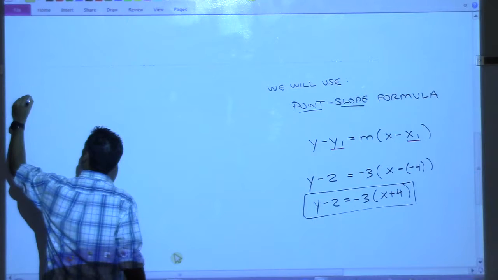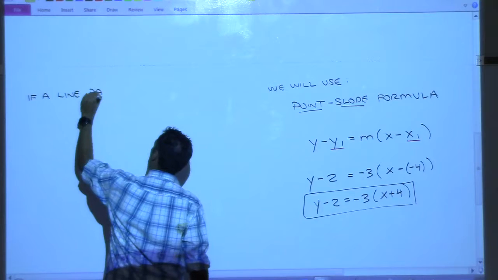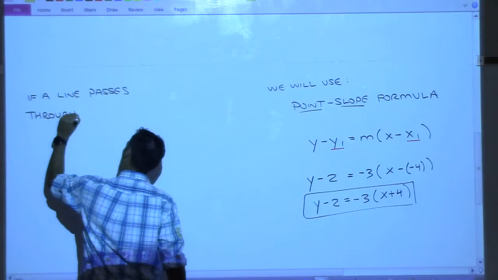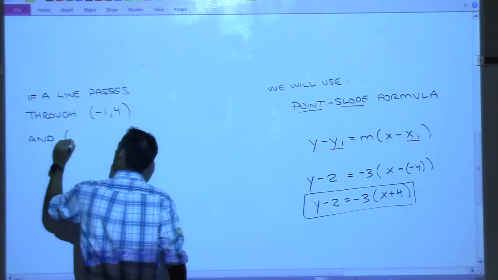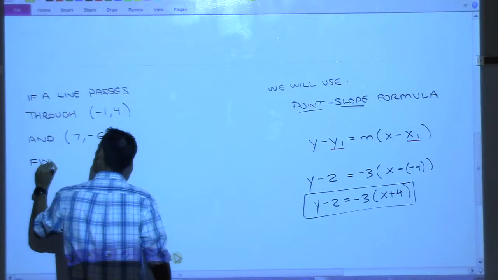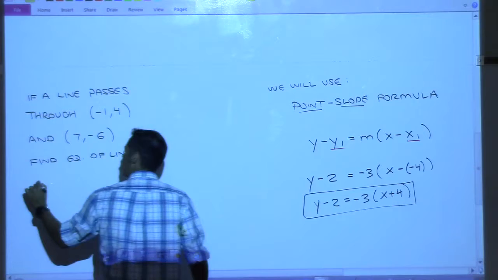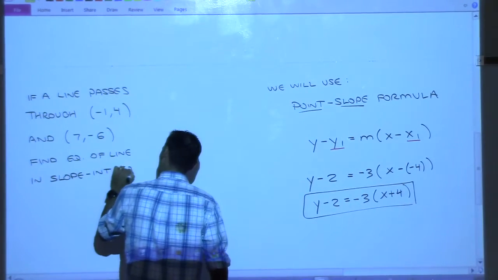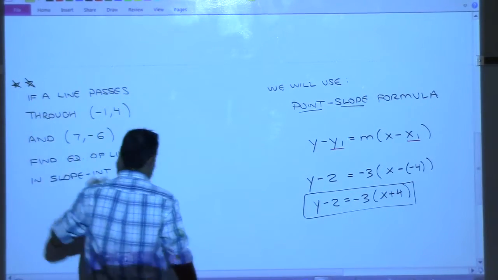So for this one, if a line passes through (-1, 4) and (7, -6), find the equation of the line in slope-intercept form. Okay, so what you have right here is a problem that I would ask you on a test,